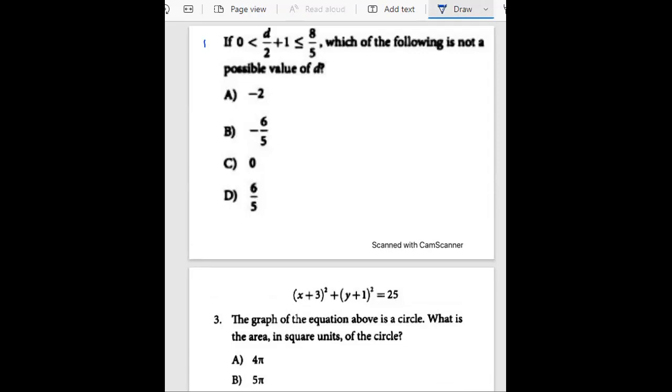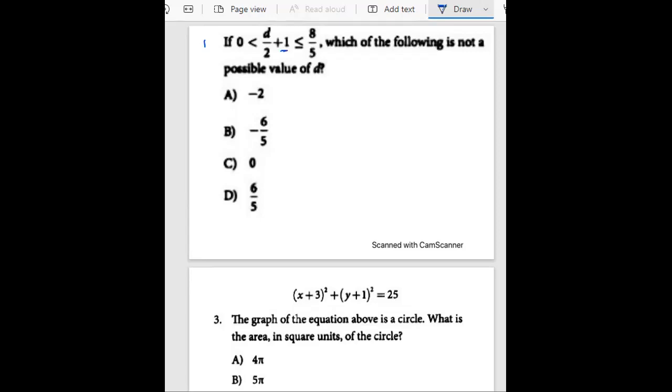Okay, so if d by 2 plus 1 is greater than 0 and it is less than 8 by 5, which of the following is not a possible value of d? So first, let's just find the range for d. For finding the range of d, we need to make d the subject. So I will take this minus 1 on both sides. So that would make it